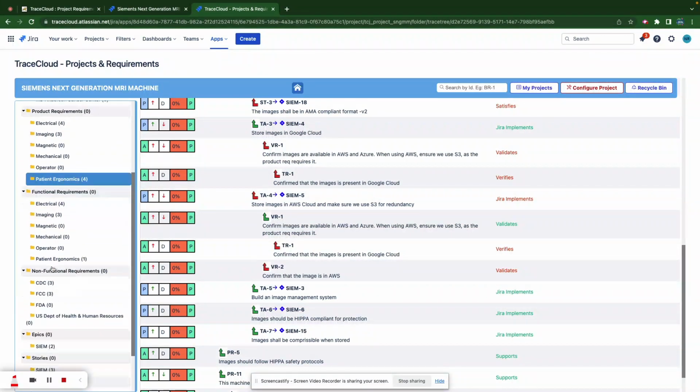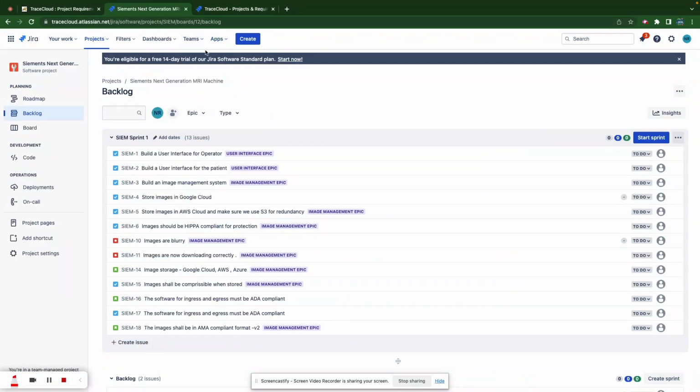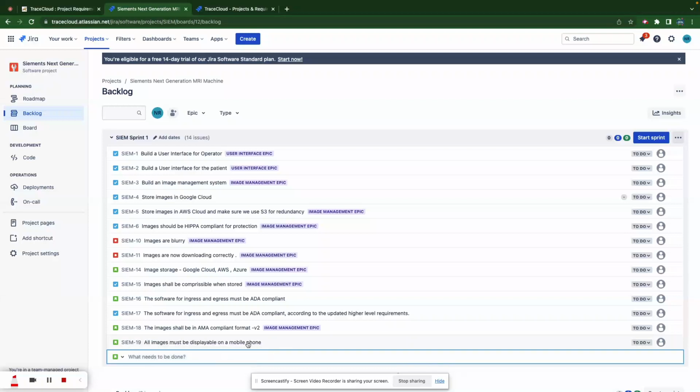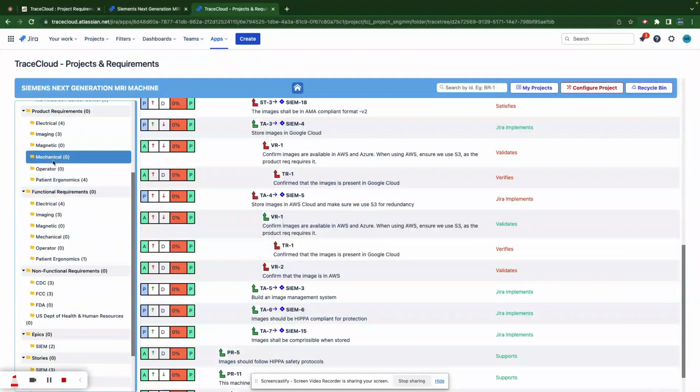Now, let me walk you through another flow where you can create a requirement in Jira and import it, right? So let's say I'm in this Jira project and I create a new issue. This is a story, and I say all images must be displayable on a mobile phone. So this is a story I'm creating in Jira, and now this story, SIEM-19, I can import it. I can go anywhere to the project, any folder, and say import